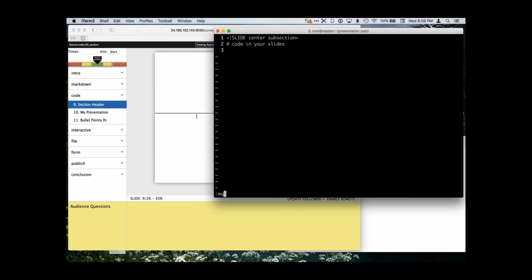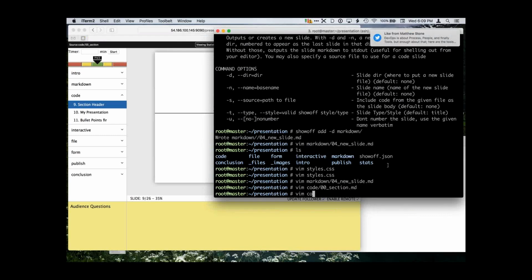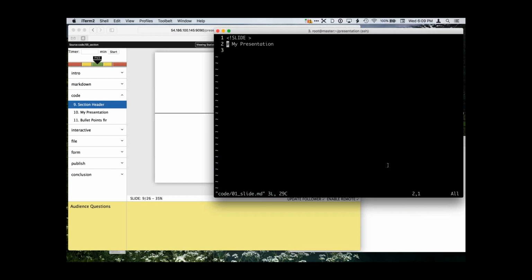You notice that. That's why it looks like this. Now I'm going to edit my code 01. Now I'll add code examples to my presentation with built-in syntax highlighting.